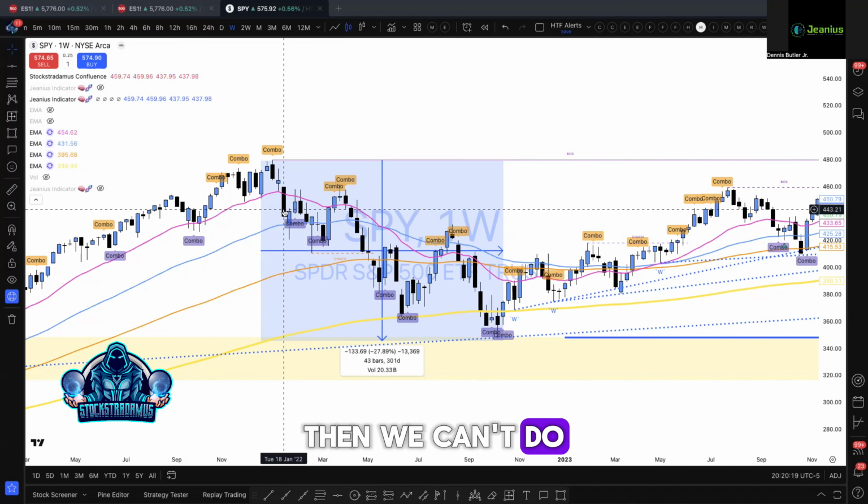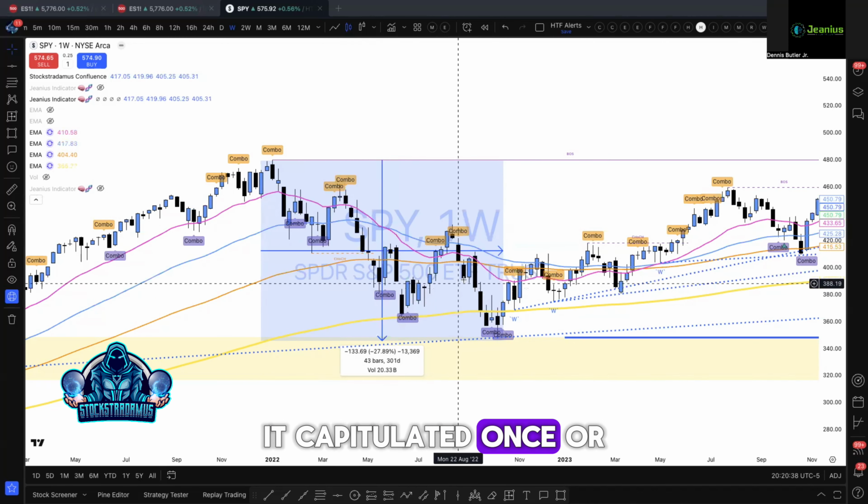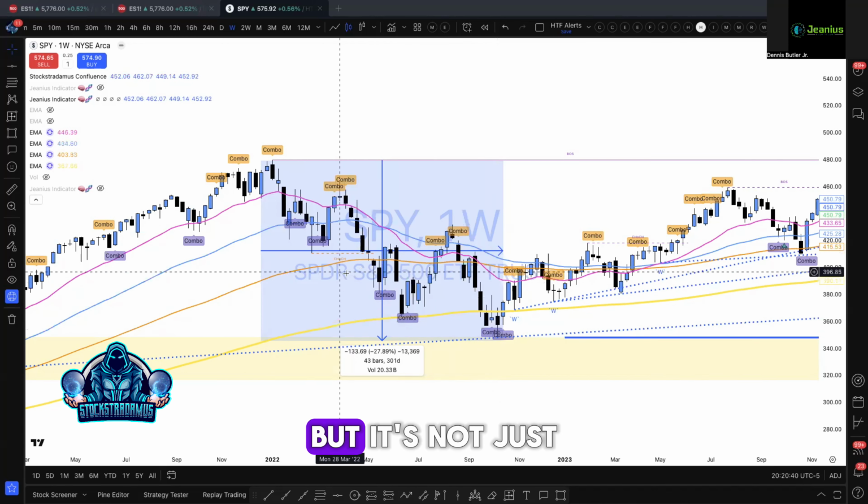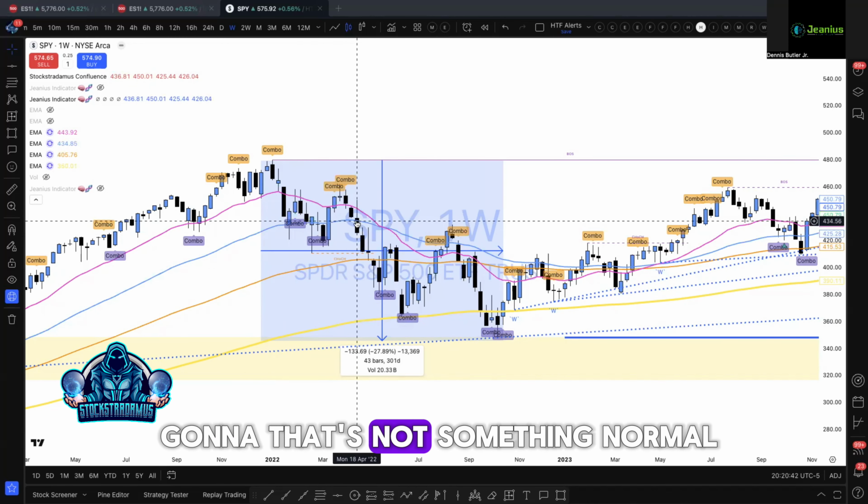But if you do have capitulation, meaning there's an immediate drop with no trend, no nothing, it just goes straight down. It capitulated once, or if you want to say twice, but it's not something normal that just happens all the time. And even when it happens, you really can't time it, because you really don't be ready for it to do that. But comparing this double top right here, and this indecisiveness at the beginning of 2022,